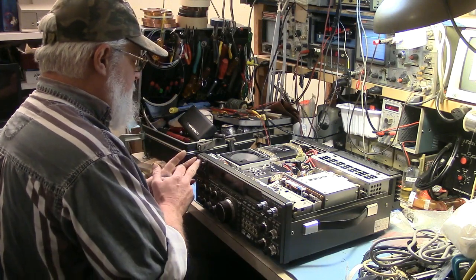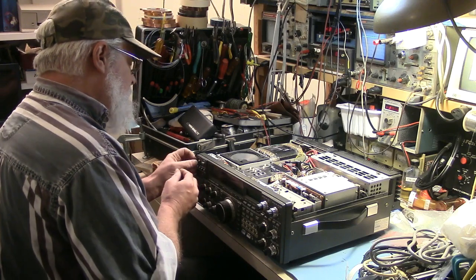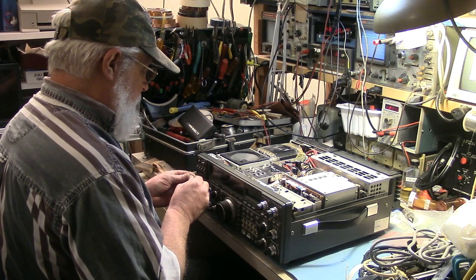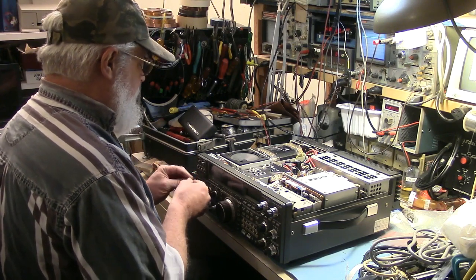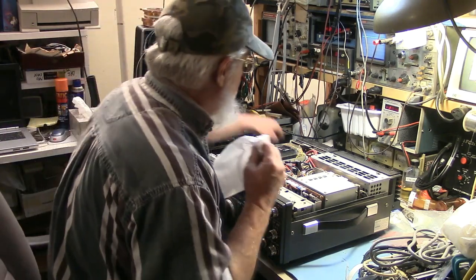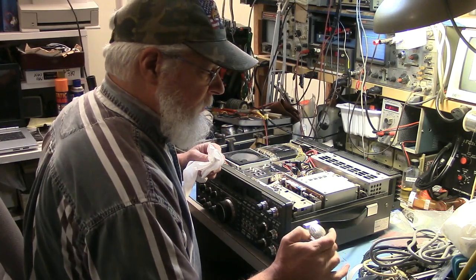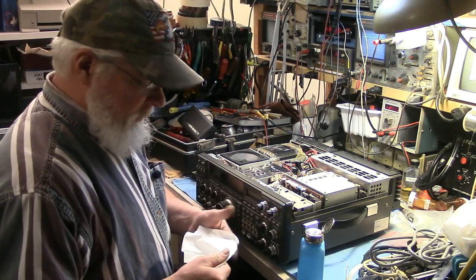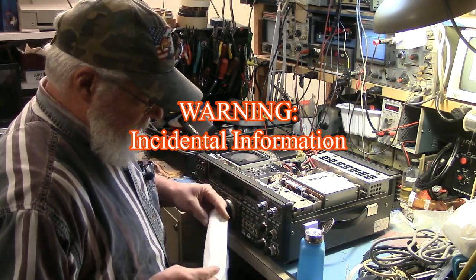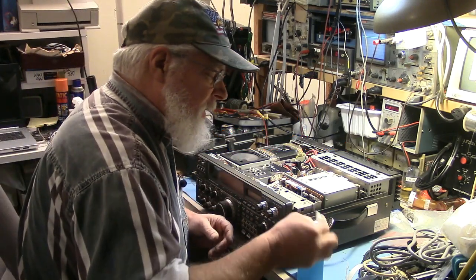Power switch feels very funky. And it's apparently just the plastic. But yeah, we'll clean that up too. Let me get a tissue. And now I'm using denatured alcohol here,